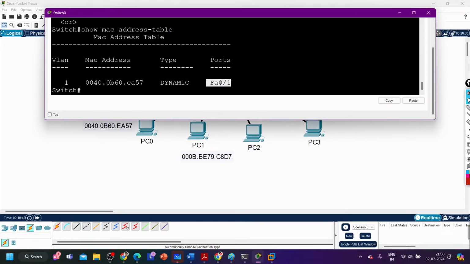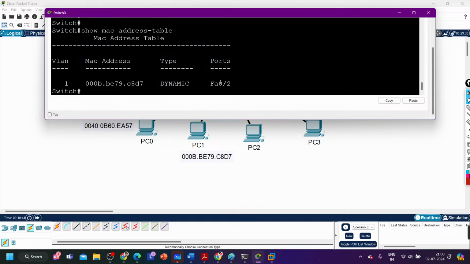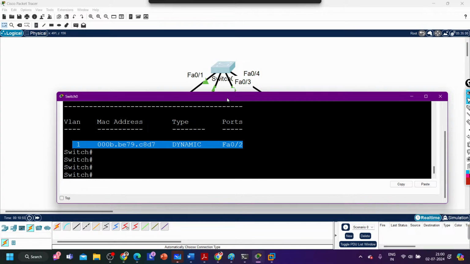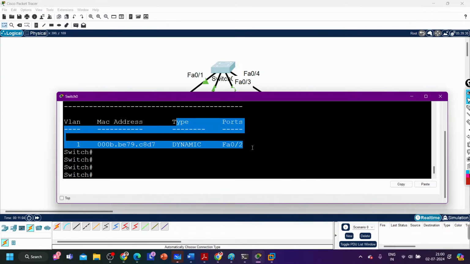So I can run the same command, show MAC address table. Why do we have only one MAC address, guys? It has removed the previous entry. The timer is there. Yes, the timer has expired. For the MAC address on 0/1, the timer expired, that's why the entry was flushed, right? Until and unless the switch receives any traffic on 0/1, it will not learn the MAC address of